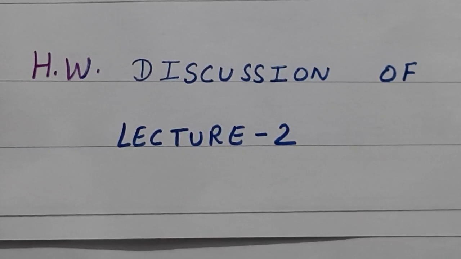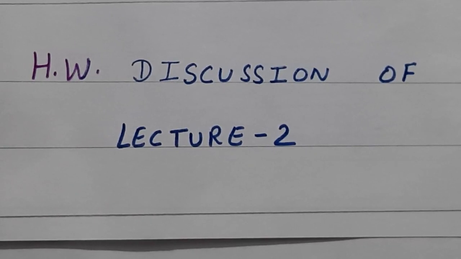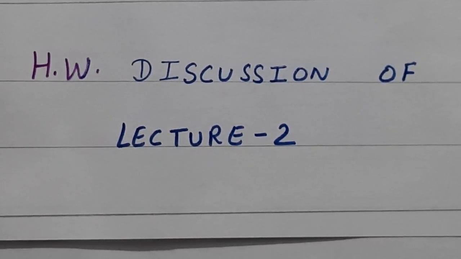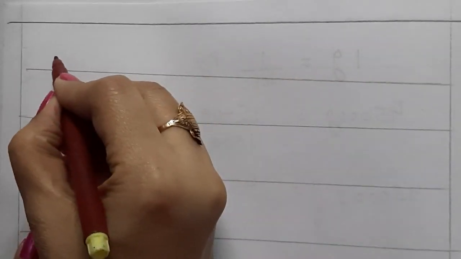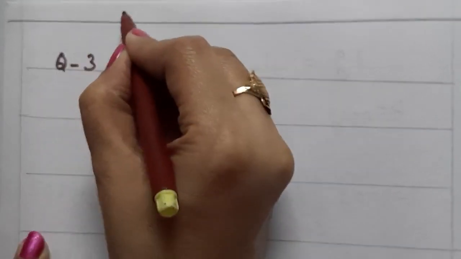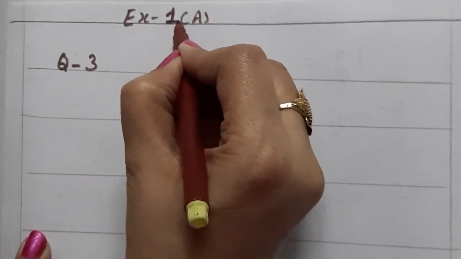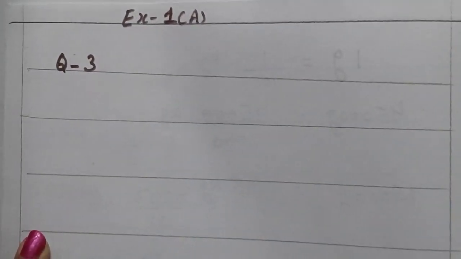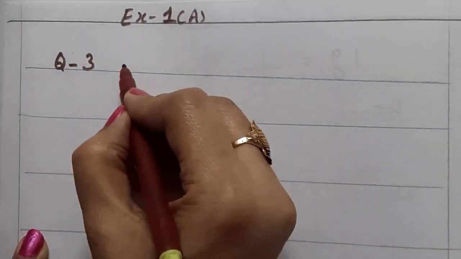Now it's time to do homework discussion. Homework discussion of lecture 2. So you take out your notebooks. You have to match your answers. And if your answers are correct, very good. If no, you will do correction work 2 times. And your homework was exercise 1A, question number 3, 4 and 8. So question number 3 was convert 45 centimeter